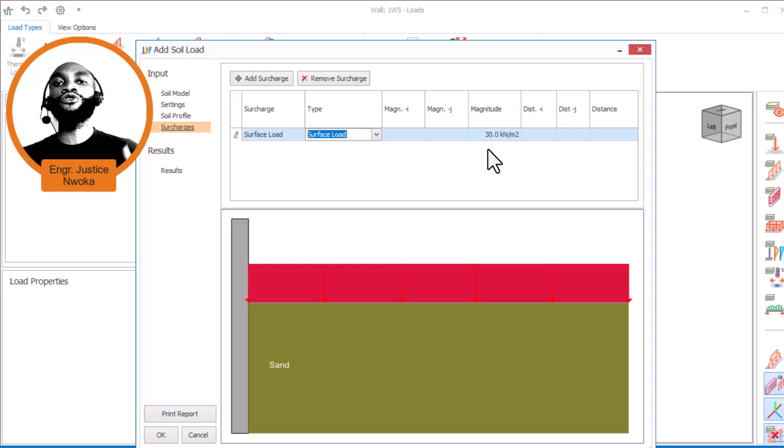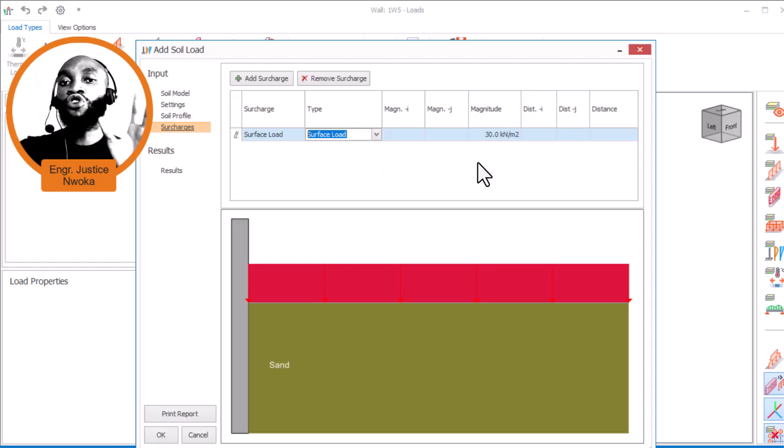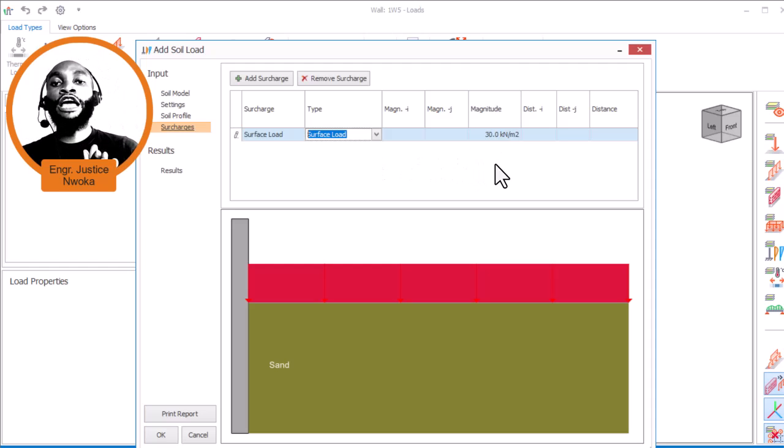So they tend to do what? Over impute the values. Okay, so this 30 here is too much. As for the magnitude of the surface load, according to Eurocode and BS code, now we are using Eurocode, but know that it is the same principle. Eurocode says that